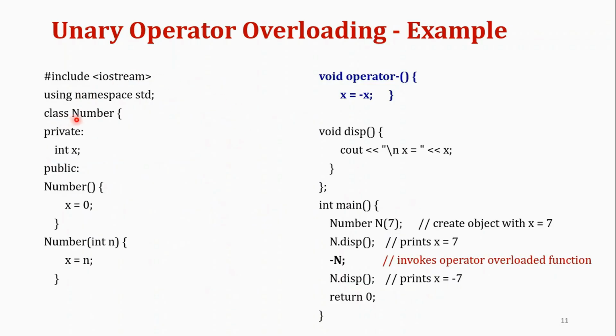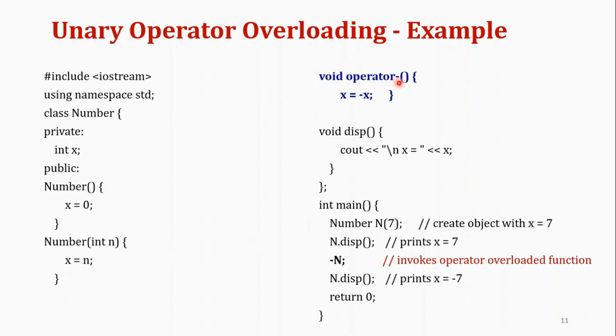The class name is Number. Number is my class name. One private member, integer x. In public, this is the constructor, actually the default constructor, used to initialize the member data x equal to 0. And this is the parameter constructor. So this parameter is used to initialize the member data x equal to n. And this is the